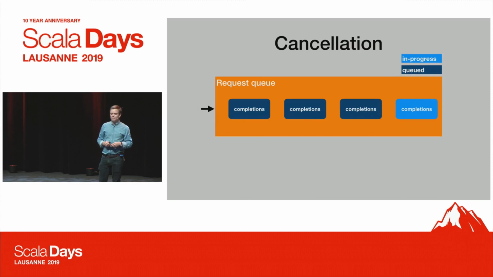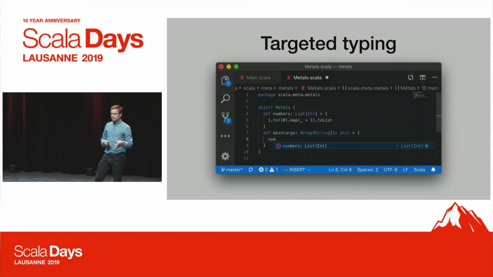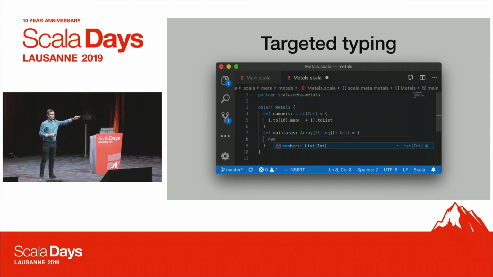And what we can do as well is the editor can send us a cancel request. So even while it's in progress, if the editor tells Metals to cancel this, we will be able to turn off and even stop the type checker in the middle of type checking, thanks to the cancellation support in the compiler. So that's really great. And the last piece is a feature that is implemented in the presentation compiler, where instead of type checking the whole source file, you can give it a position and it will just type check down to that position.